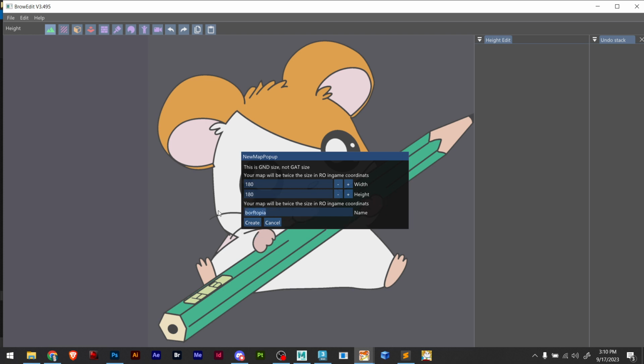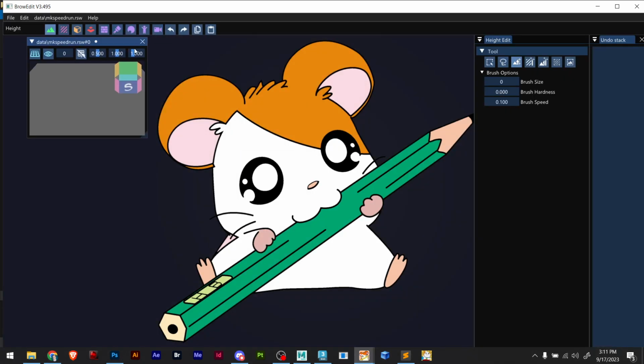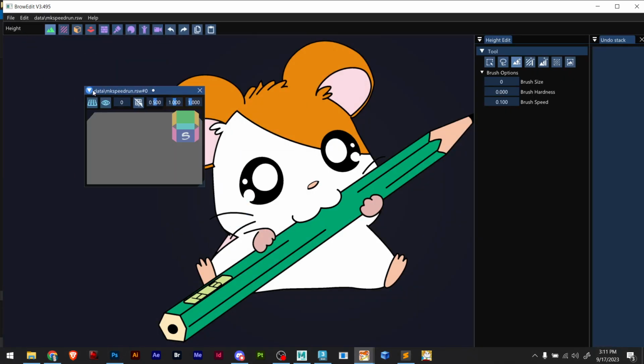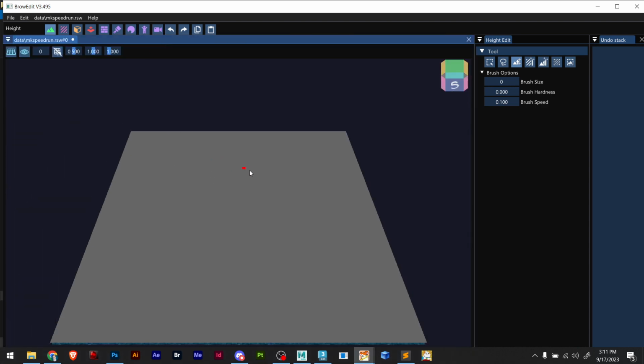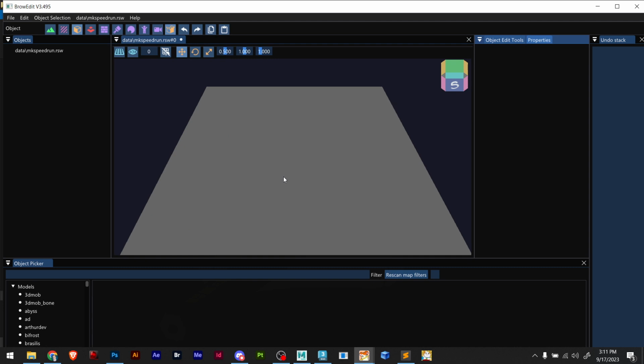And this I'll call MK speed run. 1, 2, 3, 4, 5, 6, 7, 8, 9, 10. So there, never make too long name maps, as you might know, like find some errors in game. You can't load the map. It's because the name length goes over 11 or 12 characters, and that doesn't work in Ragnarok. So I created the map,